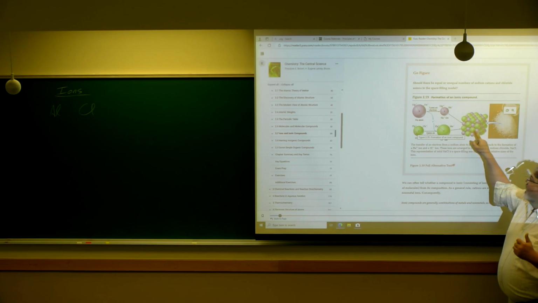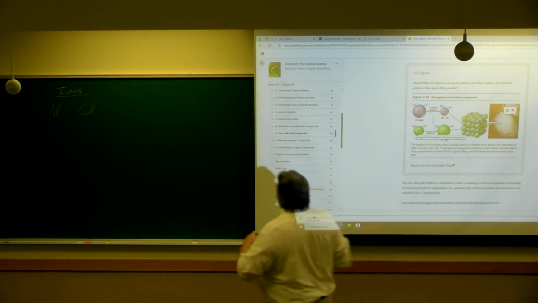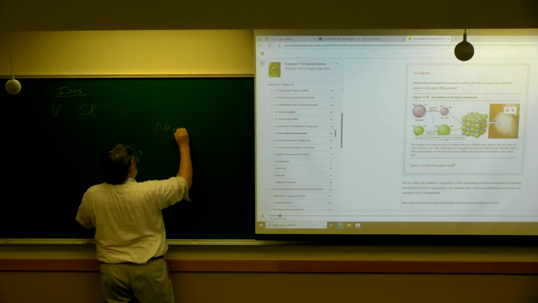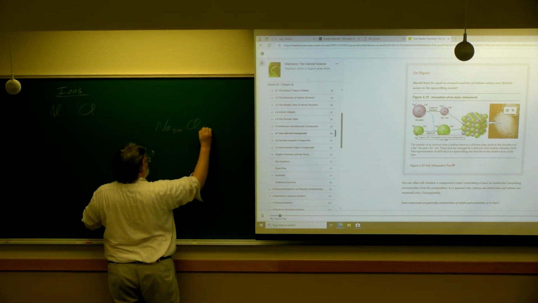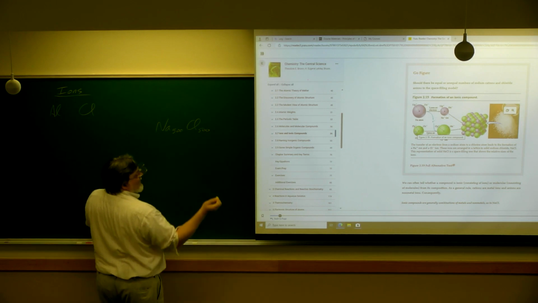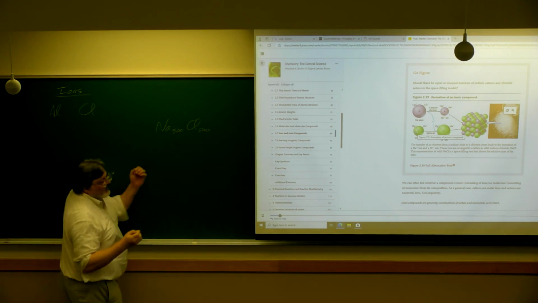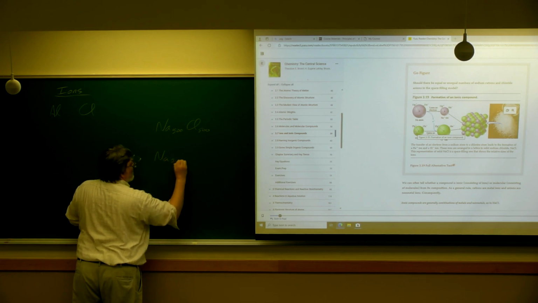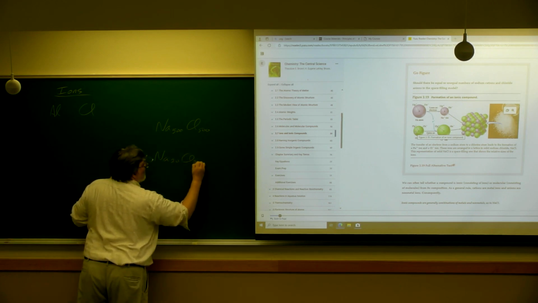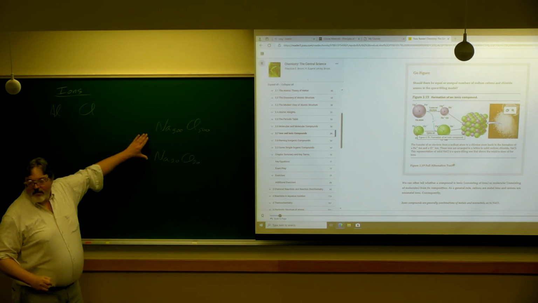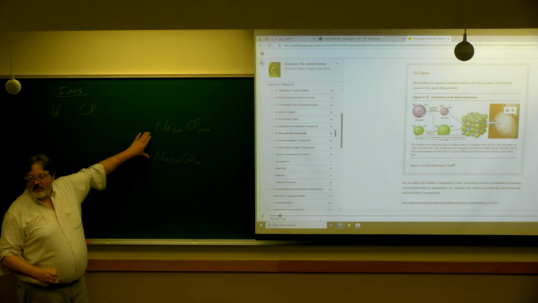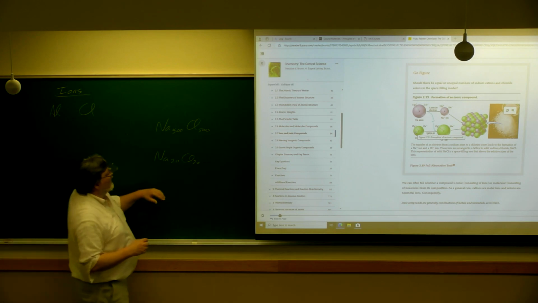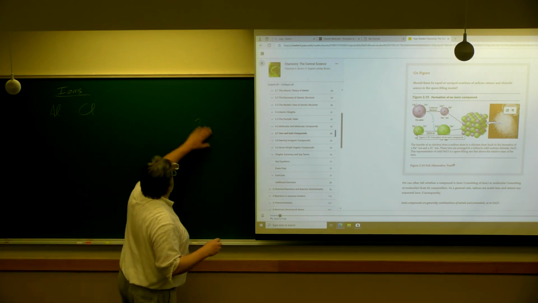Some chunks would be different, because they're going to balance the positive and negative. And then another chunk sitting right next to this one could be different. So we just don't bother with trying to make the accurate molecular formula. We always go with the empirical formula because it's going to be 1 to 1. Anyway,